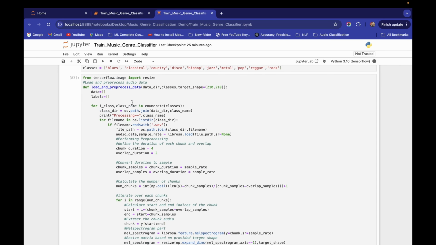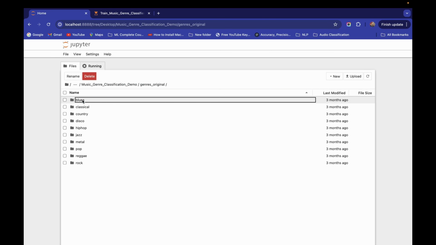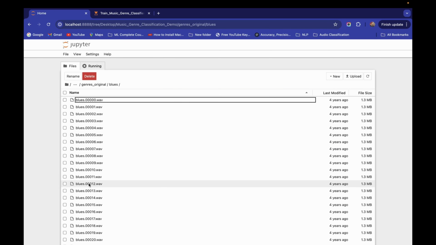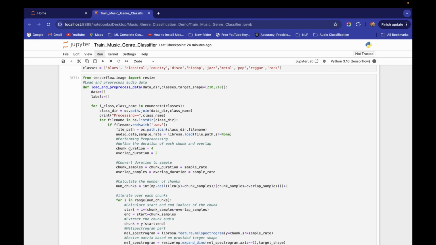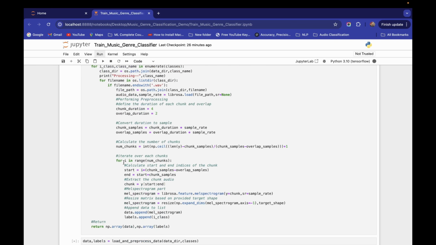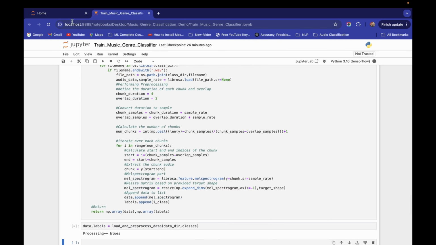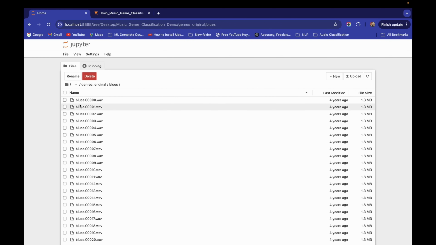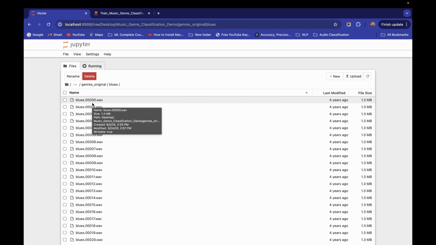So it's iterating over each class, taking the directory, going inside these class folders, iterating over each file and generating its MEL spectrogram. First it's converting it into chunks, then generating the MEL spectrogram. For each file we have seen that 15 chunks get converted, and from those 15 chunks we are developing MEL spectrograms.